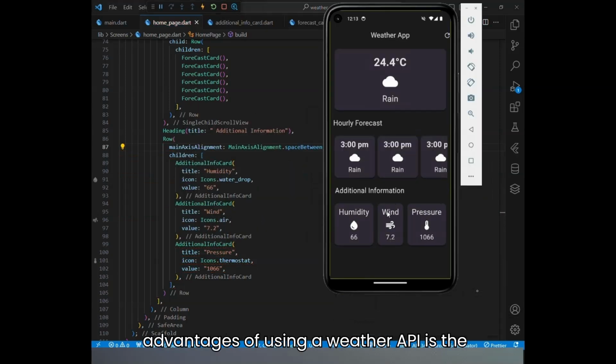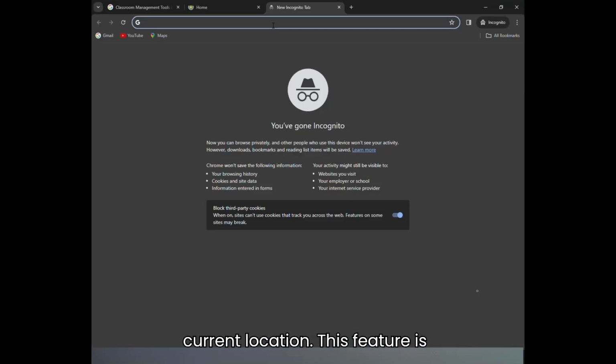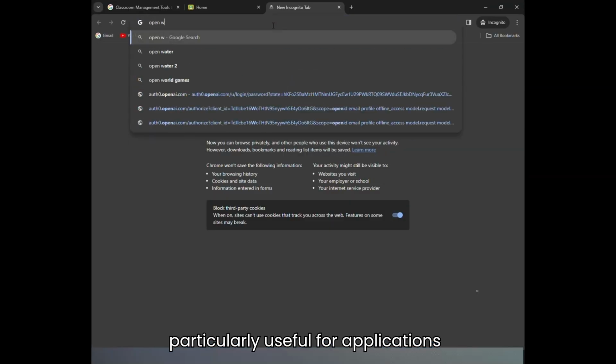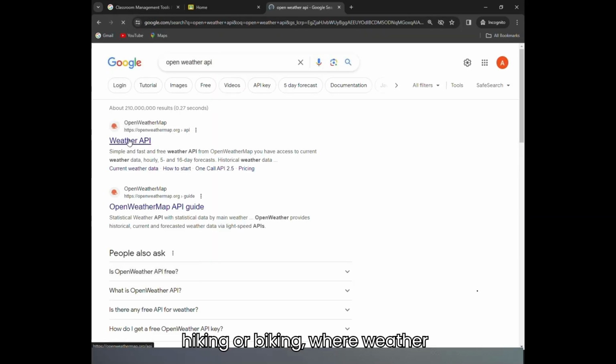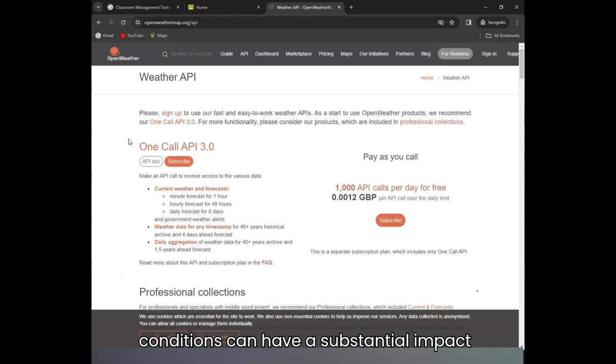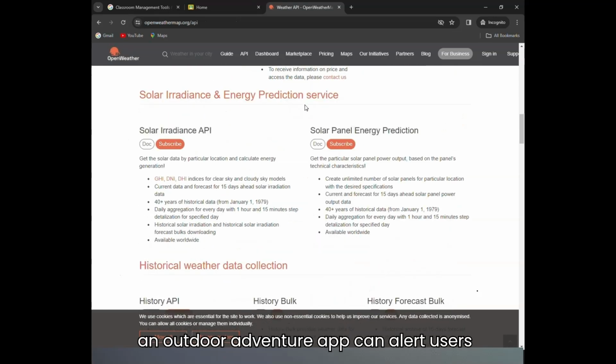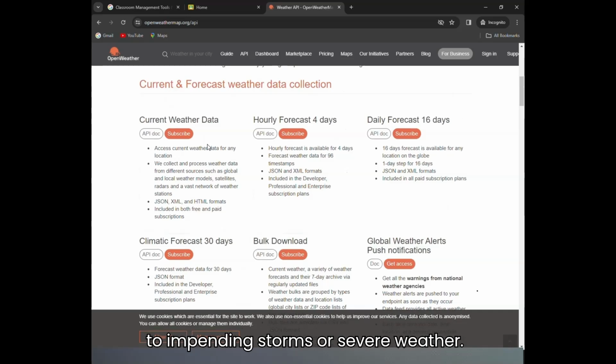One of the key advantages of using a weather API is the capability to provide localized weather data. Many APIs allow developers to utilize geolocation services to fetch weather information based on the user's current location. This feature is particularly useful for applications focused on outdoor activities, such as hiking or biking, where weather conditions can have a substantial impact on safety and enjoyment. For example, an outdoor adventure app can alert users to impending storms or severe weather,